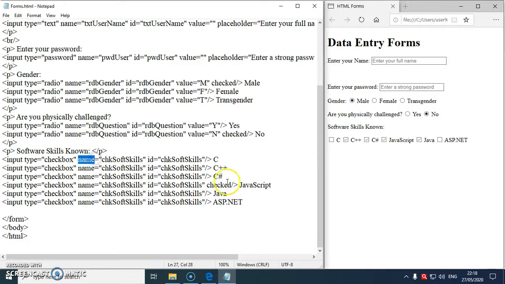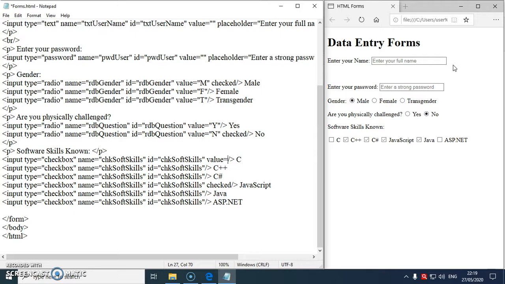Name and what are we missing here? Correct, value. Right? That means all these checkboxes should also carry a compulsory attribute called value. So now I'll give a value to each of these checkboxes, and the value should be unique. Every control should have a unique value.